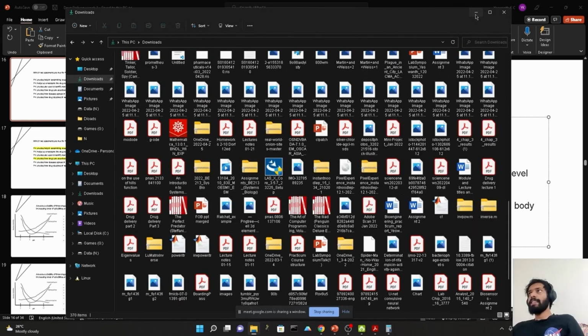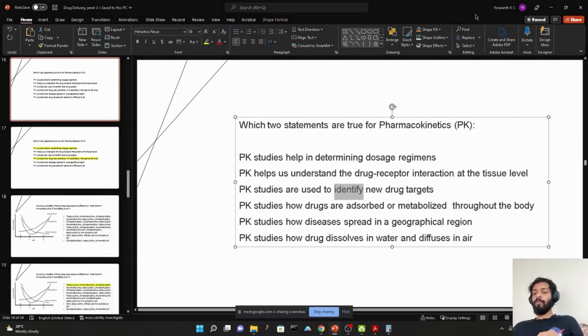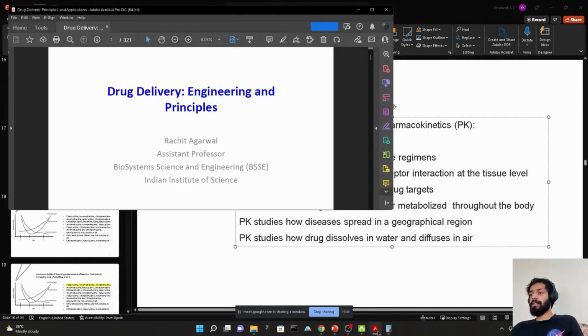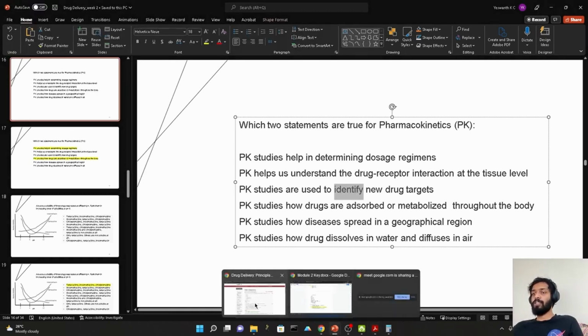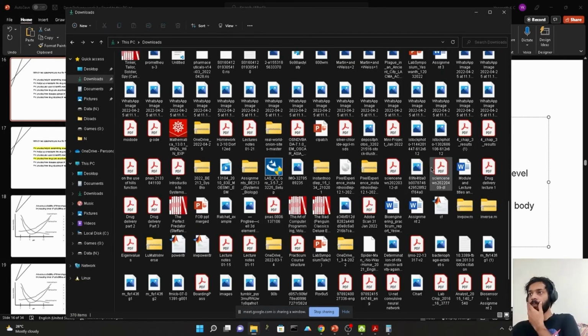Where it is administered, in the sense of what route it is administered in. When you're trying to identify new drug targets, that's a different story. Identifying new drug targets is basically identifying which receptor the drug can go and attach to and modify. So it's completely different compared to the dosage regimen and from where the drug should be given and so forth.